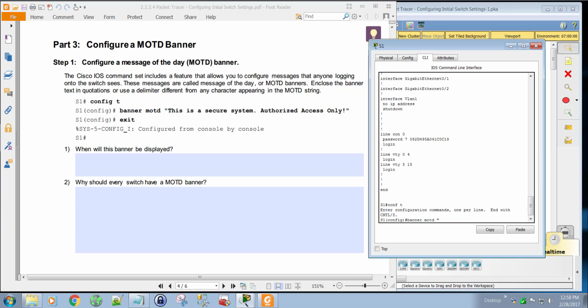So the operating system reads the quotes as our beginning point and our end point. So you want to keep that in mind when you're writing your message of the day on there. And if you're doing this in a business or work environment, you want to check with your HR and your security person on what message you want on there. We're going to do a very simple one, and we're just going to say this is a secure system